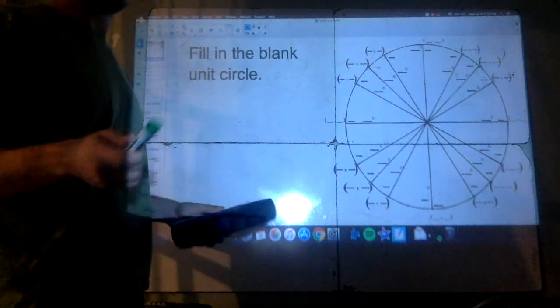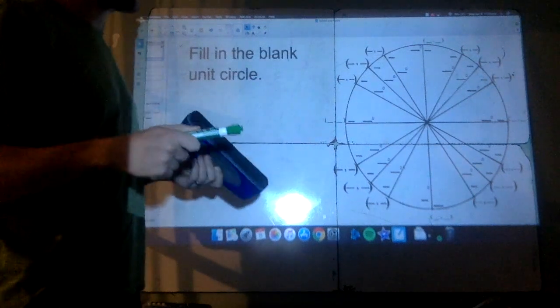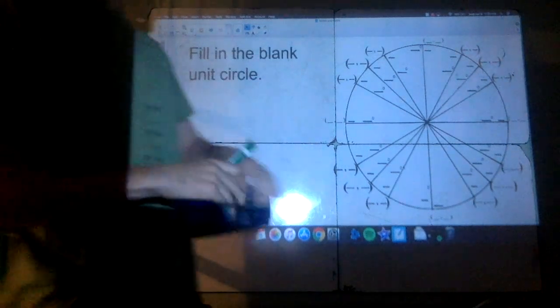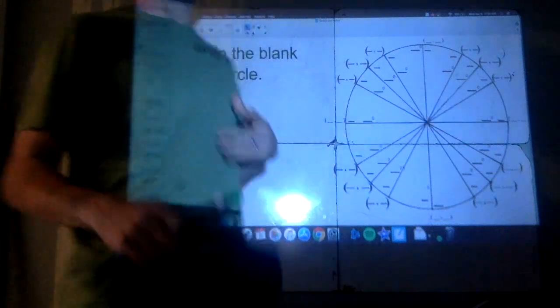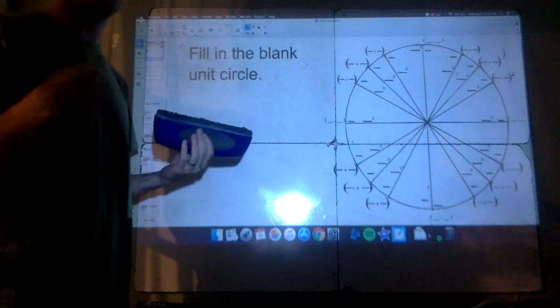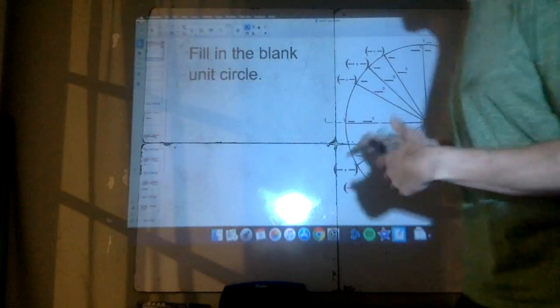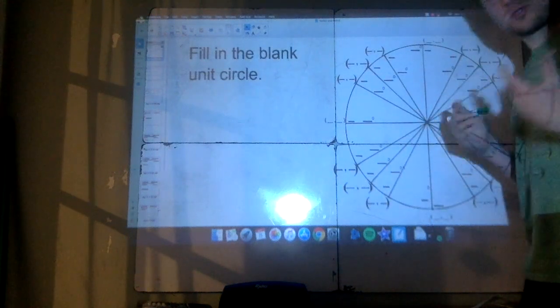First thing we're going to do to warm up today, fill in the blank unit circle. If you do not have this memorized by now, you need to. You need to know all the radian measurements and all the angle measurements and all the coordinates. It's just a pattern that's reoccurring, but some things to help us with that is the degree measurements I think